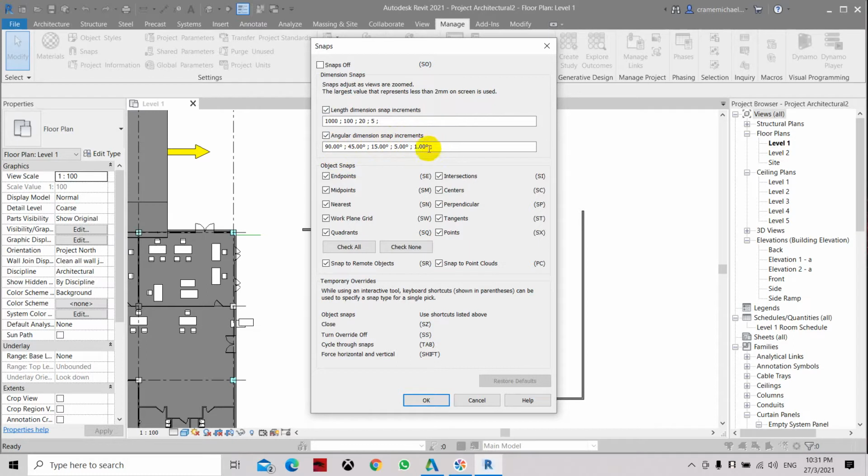I don't think we can use 1 degree, so let's set it to 15. It doesn't make sense to use 1 degree. Let's use it as 5, and let's make this 15, and let's make this 30. So it's much more